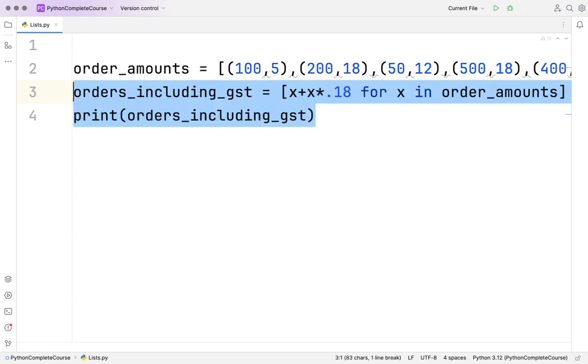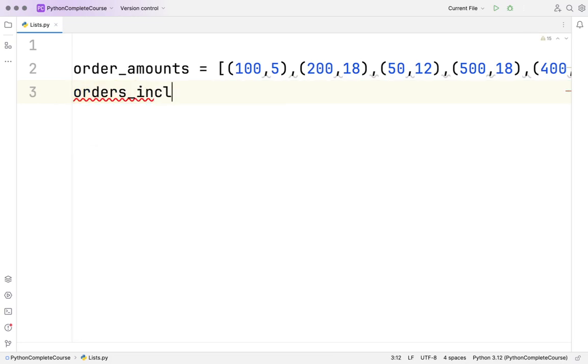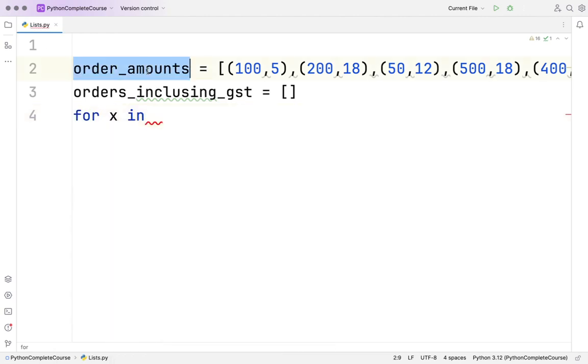I have done a control Z. Okay, let me remove this. Let me write it now. Orders including GST equal to empty list. So I am defining an empty list right now because I am doing it using a for loop as of now. For x in order amounts,